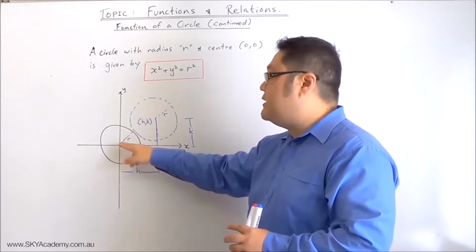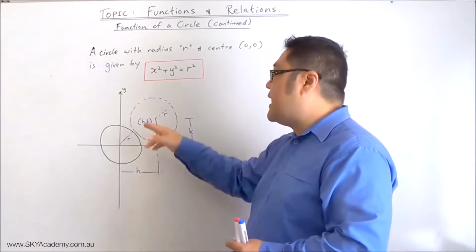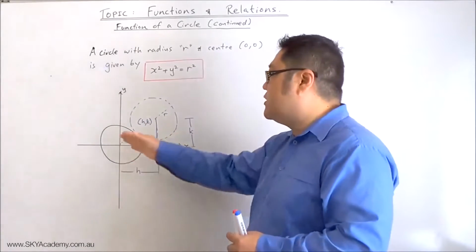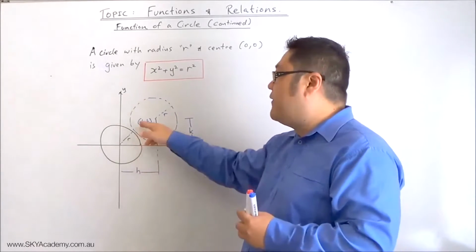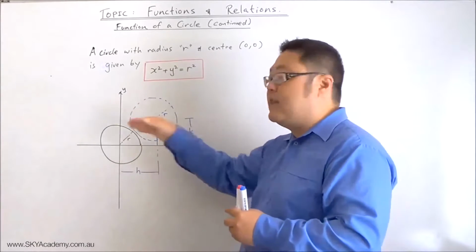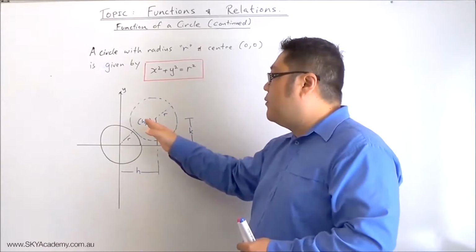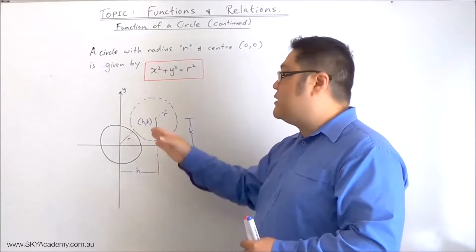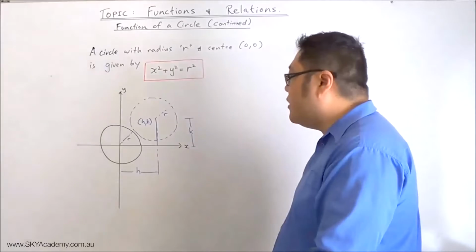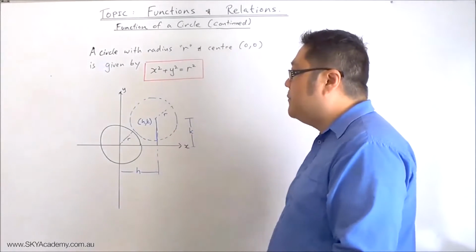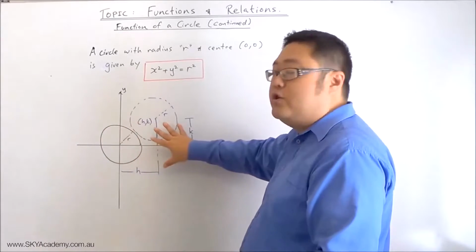We're going to make the center not 0, 0 as it is here, but let's make it, for example, (h, k), where it's a generic h units to the right and a generic k units up. If h and k were negative numbers, they'd be to the left and down, but we're going to treat them as h and k units to the right and up. So what that would mean is, in order to shift the circle h units to the right,